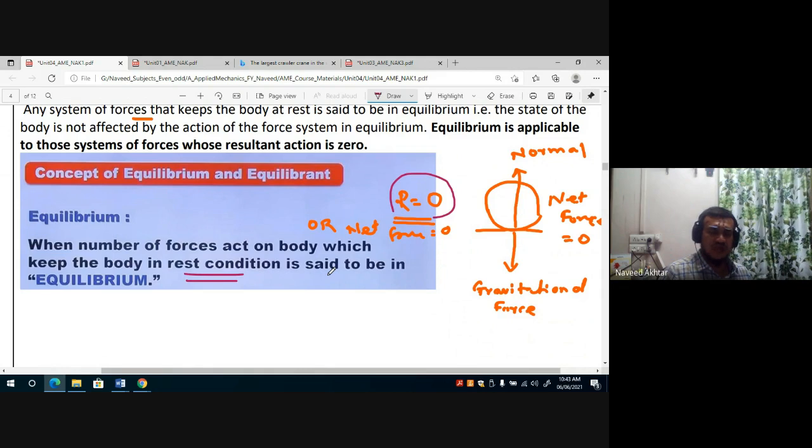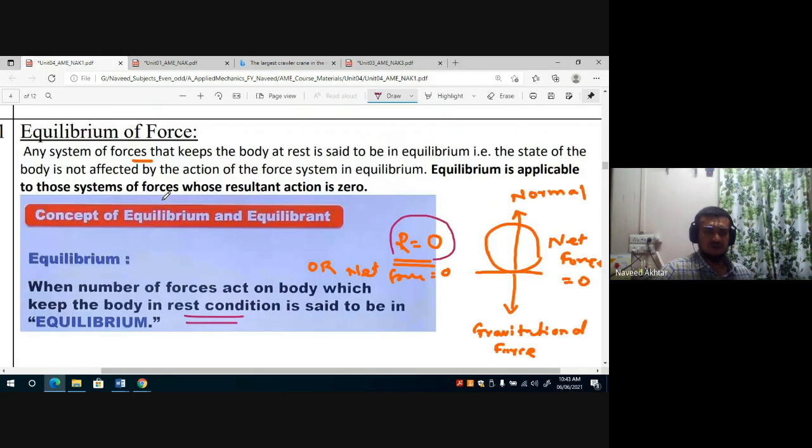सब जो फोर्सेस उस पर एक्ट हो रहे हैं वो इक्विलिब्रियम में है, मसावत में है. इसलिए हमारी बॉडी जो है वो जमूद की हालत में रेस्ट कंडीशन में है, वो मूव नहीं हो रही है, उस पर एक्शन होने के बाद भी मूव नहीं हो रही है. इसका मतलब ये है कि उस पर जो नेट फोर्स आ रहा है, उस पर जो रिजल्टेंट फोर्स आ रहा है, दैट इज नथिंग बट the net force is nothing but zero. That's why that body is not moving. तो इसको क्या बोलते हैं हम इक्विलिब्रियम कंडीशन बोलते हैं या इक्विलिब्रियम बोलते हैं. Okay, the equilibrium of forces is applicable to those system of forces whose resultant action is zero.